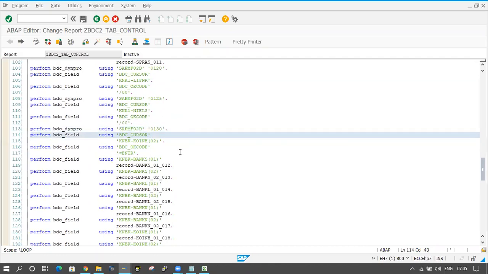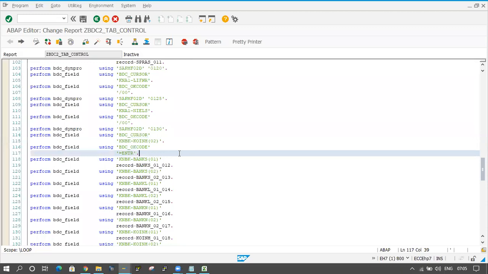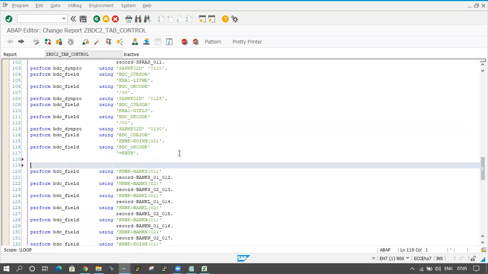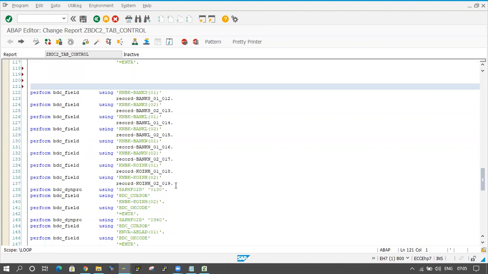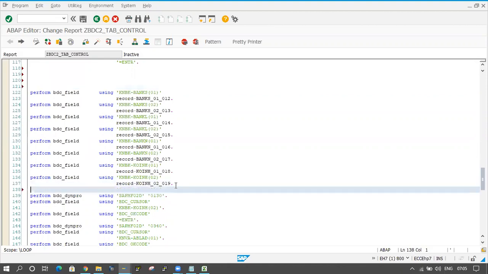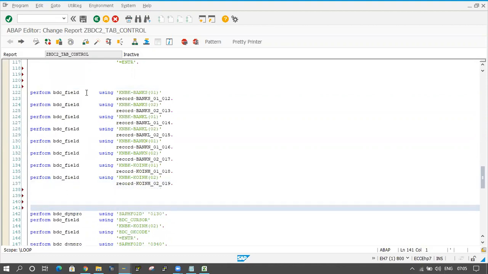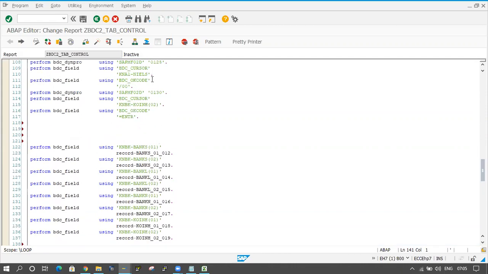Now what I will do? I will click on and give some space. Here one more screen starting 130. So this code we have to change, because this is the multiple information. That is why I want to change this screen. In 130 screen I'm filling some data here.